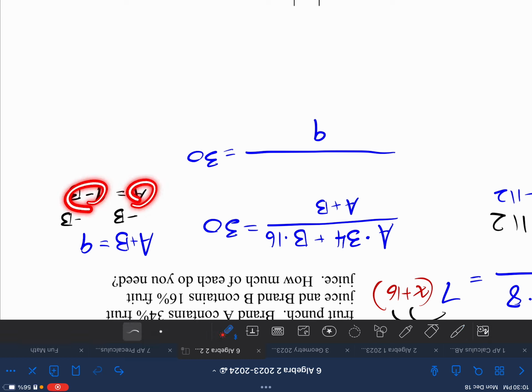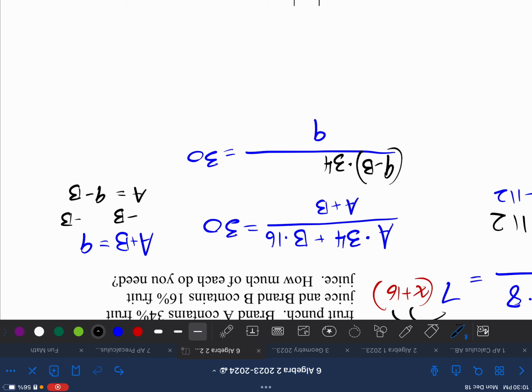So if A is 9 minus B, this A is 9 minus B. Always put it in parentheses, so you remember to distribute, times 34, and then I have to rewrite the rest of this, plus B times 16. Let's go ahead and distribute. So it's going to be 9 times 34. Let's do this in our heads with fingers. 9 times 4 is 36. So there goes the 6. I'm holding the 3 in my fingers. 9 times 3 is 27, plus the 3 on the fingers is 30. So it's going to be 306 minus 34b